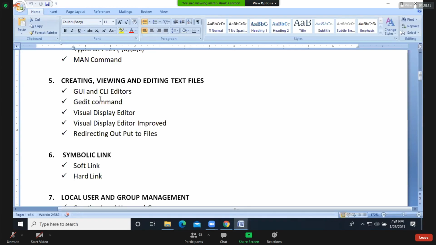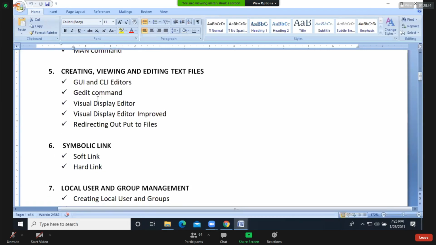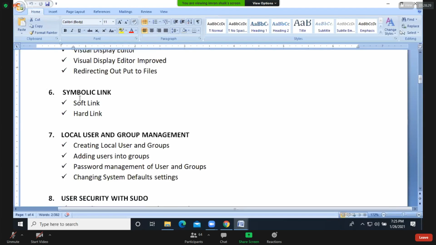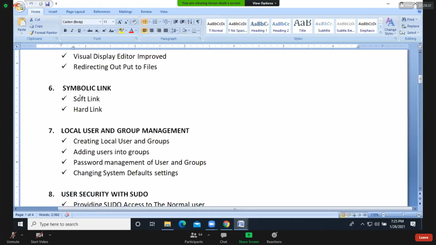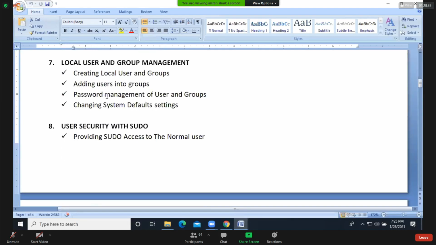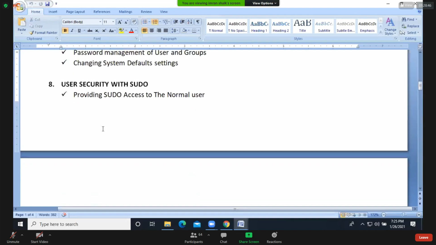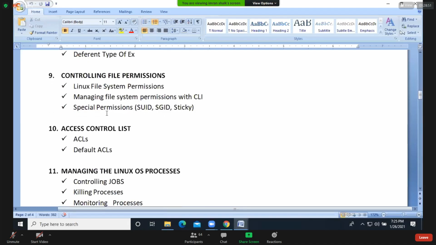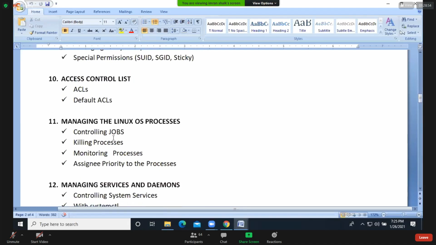So this is creating files and directories, creating files with the help of different types of editors. I will show you here. The VI and VIM editors we are going to discuss. And symbolic links, soft link and hard link, how we need to create them, I will show you. And then local users and groups, how to manage them. Definitely you're going to get in-depth knowledge, guys. Don't worry. How to provide sudo permission to a normal user. And then file and directory permissions, special permissions, ACLs,